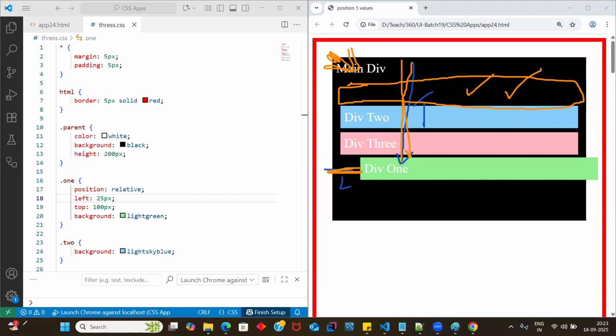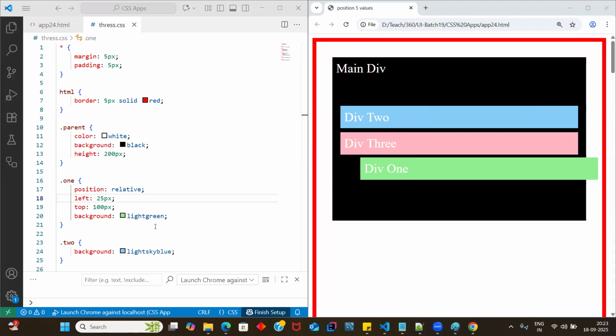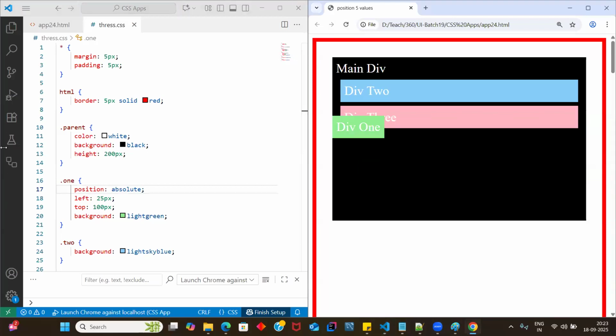Now, if you are clear on these observations, if I say absolute, there are slight differences. Let's run it. And guys, the first point I want to highlight, I think you can already expect it. The first point is the original space is not there for this div one. Agree? Yes, sir. It will become inline. Now, point number two, and the very important point: earlier our div one was moving from the main div to left and main div to top, right? But now,